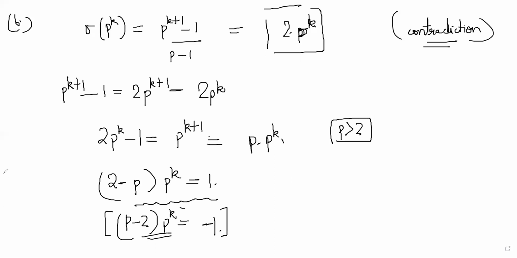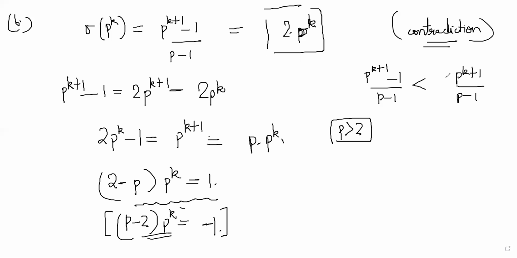I did it another way actually. How? Like I did it like P power K plus 1 minus 1 is smaller than P power K plus 1 by P minus 1, like without the minus 1. So you can say that P power K plus 1 minus 1 by P minus 1 is less than P power K plus 1 by P minus 1, correct? And then we can take out the P, and then P by P minus 1 is less than 2 for every number greater than 2.